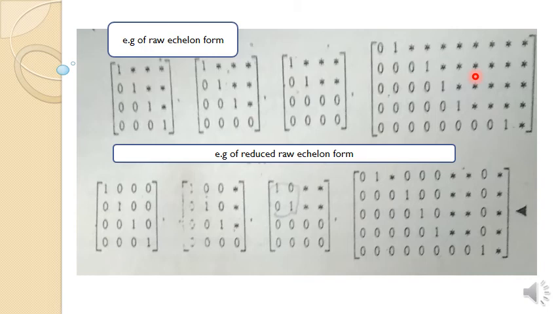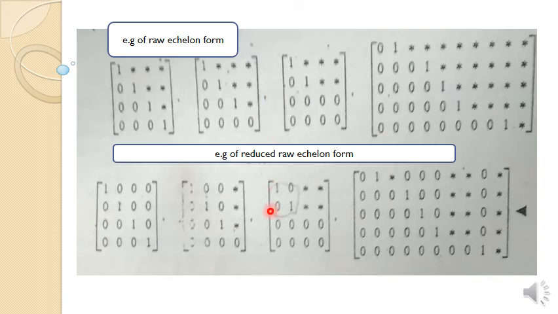Simply, student, at this level you have to just memorize these three tricks. You have a matrix of 3 by 3 or 2 by 2 or 4 by 4. So, student, you have to make a diagonal, and in the diagonal you have to make 1, and the entries below the main diagonal you have to make equal to 0, and on the other side of the diagonal the entries may or may not be equal to 0.